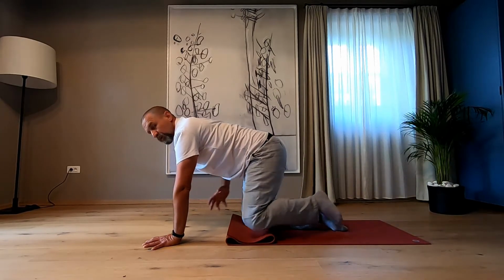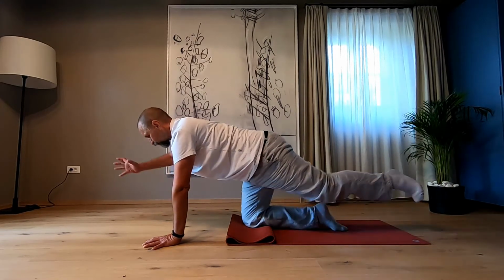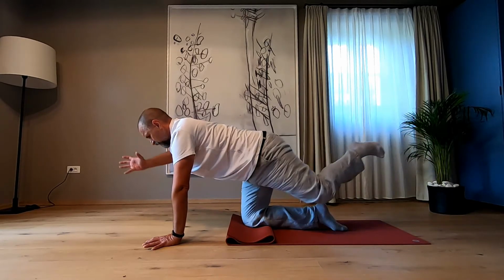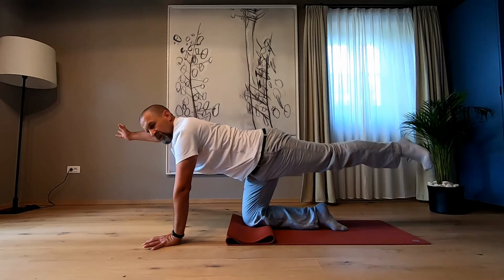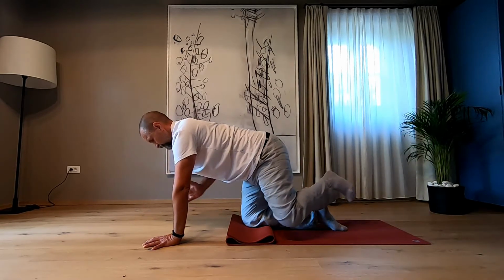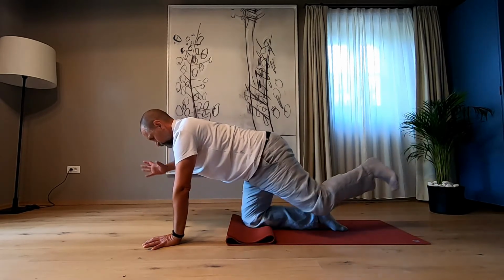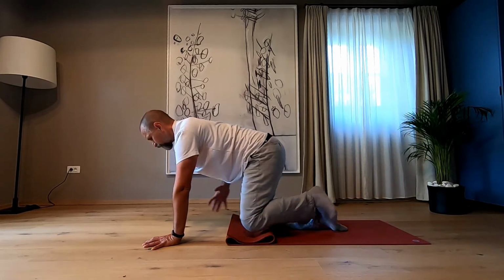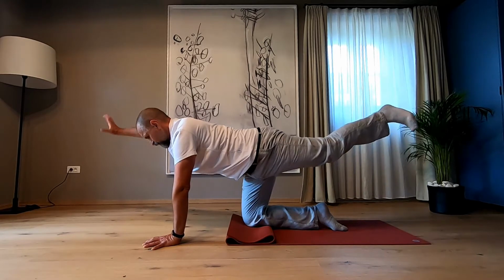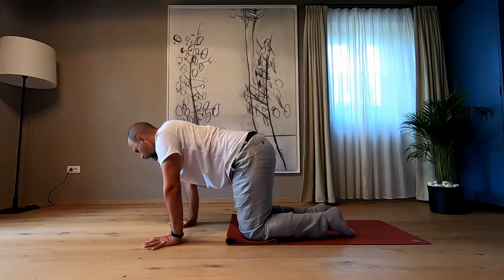All the time monitor your lower back. Please don't overdo them. Let them be an equal partner to your glutes and your hamstrings. So, only 4 today. I lost count, maybe I do 5. Okay, and now